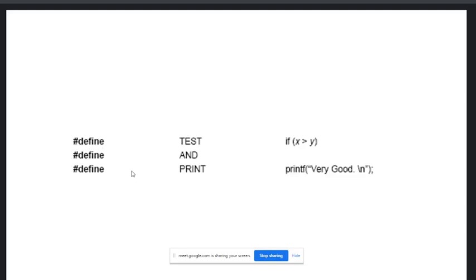Okay. Now, in the last lecture, we have discussed these different macros. So these are the different examples. Okay, here we have defined TEST. We can use define to define different constants. Now here we are using TEST and we are storing a string.